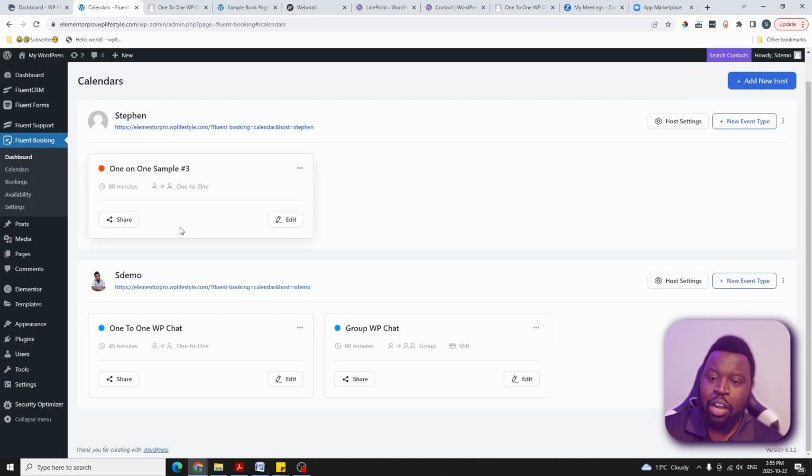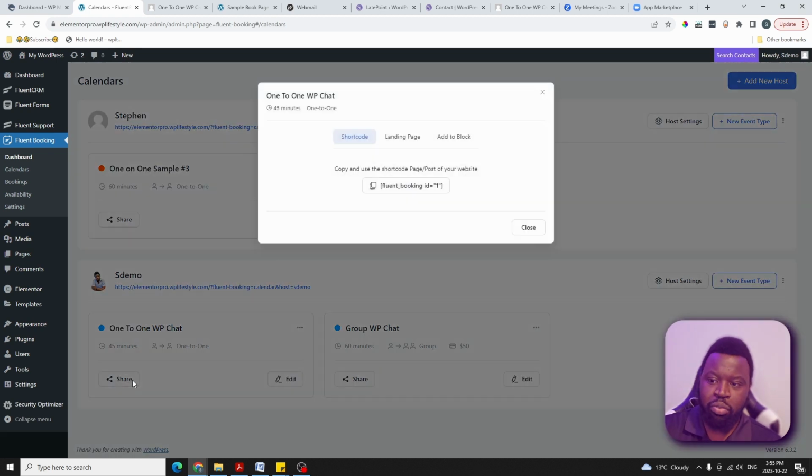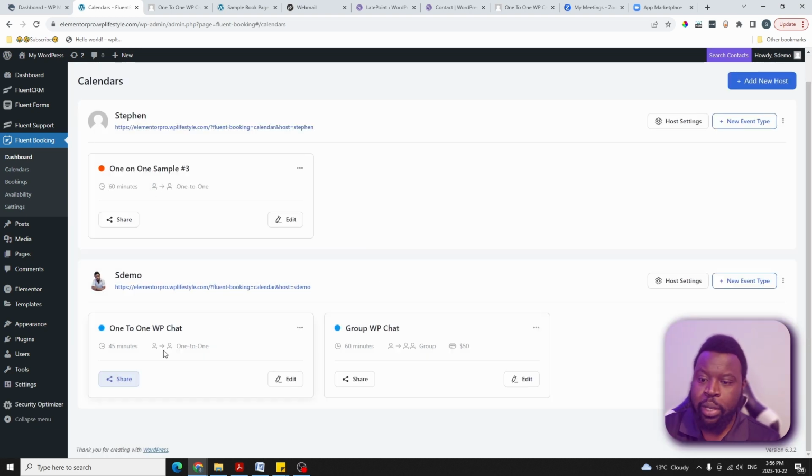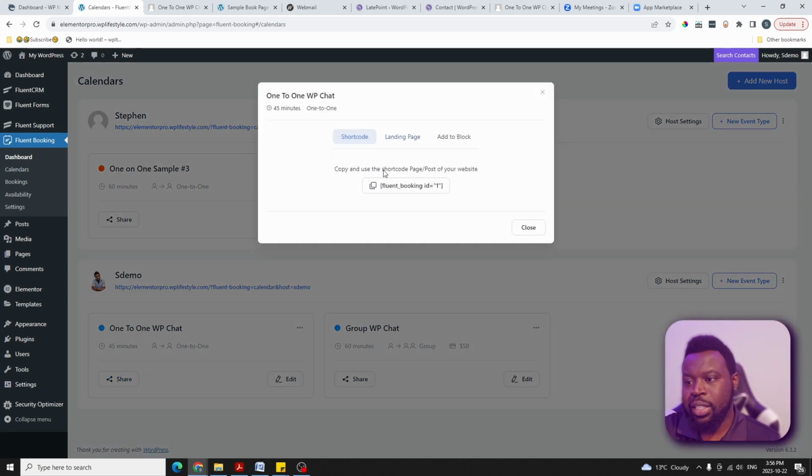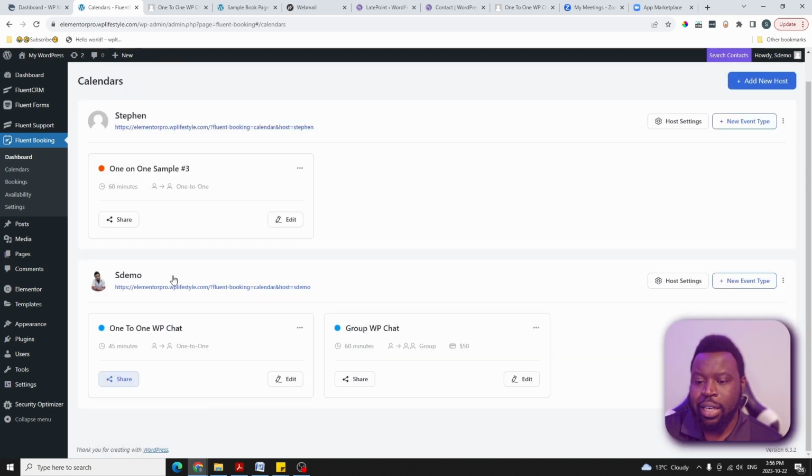And then another thing is right here, you have the ability to share an individual event, like copy the short code and add it on a page. What if you wanted to display all the events for this particular host? There's no shortcode for this host for me to add it on my page builder or something like that, because if I go to this particular event and click on share, you can see here that I have the option to copy the shortcode for this particular event, and that is going to show only this event. There's no option for me to use a shortcode to show all the events for this particular host, or maybe a shortcode to show all the events for all the hosts,